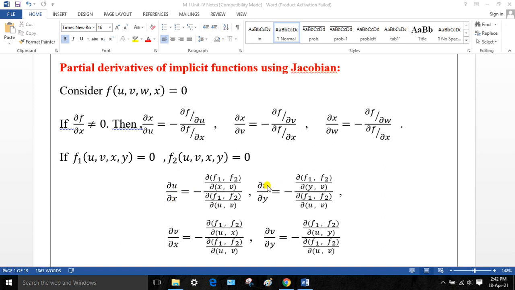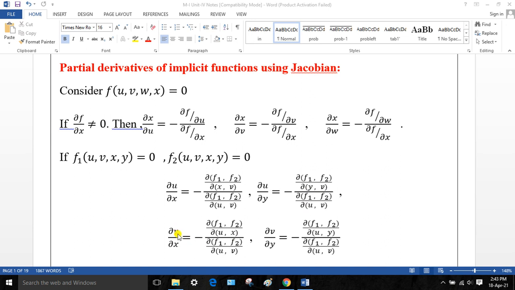Okay. Suppose I have to find del u by del y. Del u by del y is equal to, take this negative sign, because of two functions, take the entry of those two functions. So del of f1 comma f2, del of f1 comma f2. Now I have to write the denominator. So first we write this. What is the numerator first? See, the numerator is u. So write the pair, that is uv. Now what I have to replace? This u is replaced by this y now. u replaced by y. तो जहाँ पे भी u है, देखो यहाँ पे y replace किया है. Instead of u, I write here y, and the remaining variable I keep as it is.